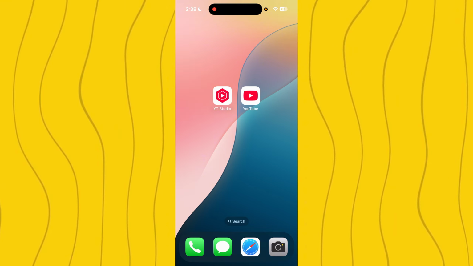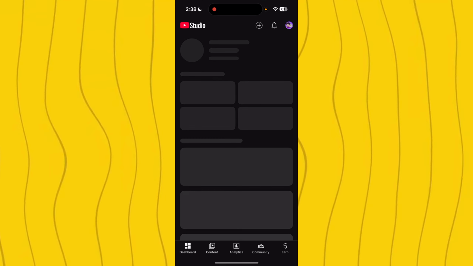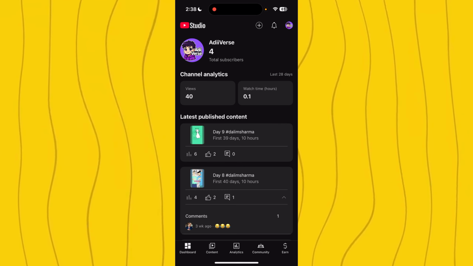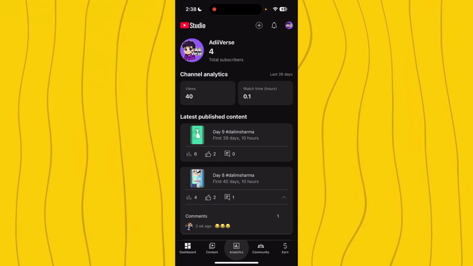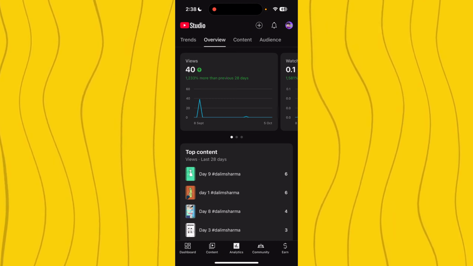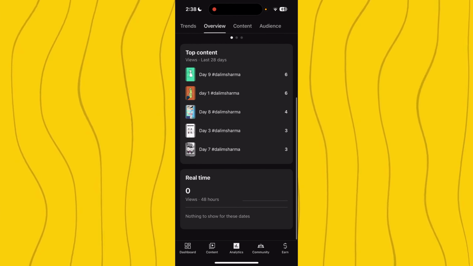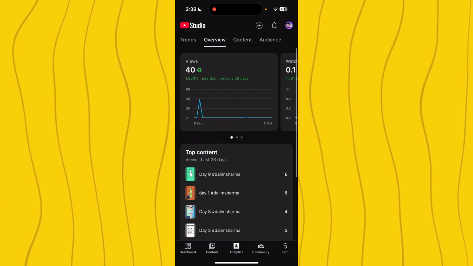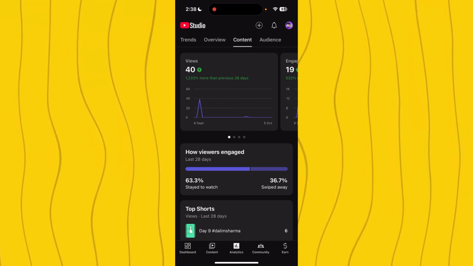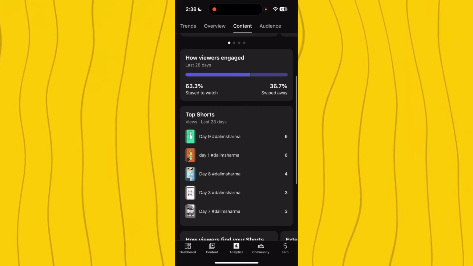And for that, just open your YouTube Studio app on your phone. Now, you will see an option called Analytics. Just tap on that. And here you can see the watch time, the views, the subscribers, and the top performing videos, all here. Like content here, you will see what content gave you the most viewers,